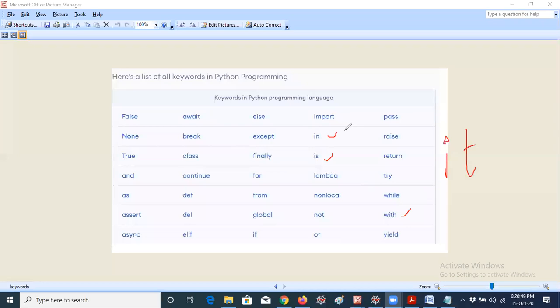They will give some examples from the interview point of view. I have seen some websites, so that's the reason I'm telling. Here they are just like English words. You already know with and in, because you already know C language and Java keywords like if and else, which can be recognized very easily. But here some English words are there, like from, which is also a keyword. Today I will use with and as. You already know the alias name. I will tell you one example with with and as.